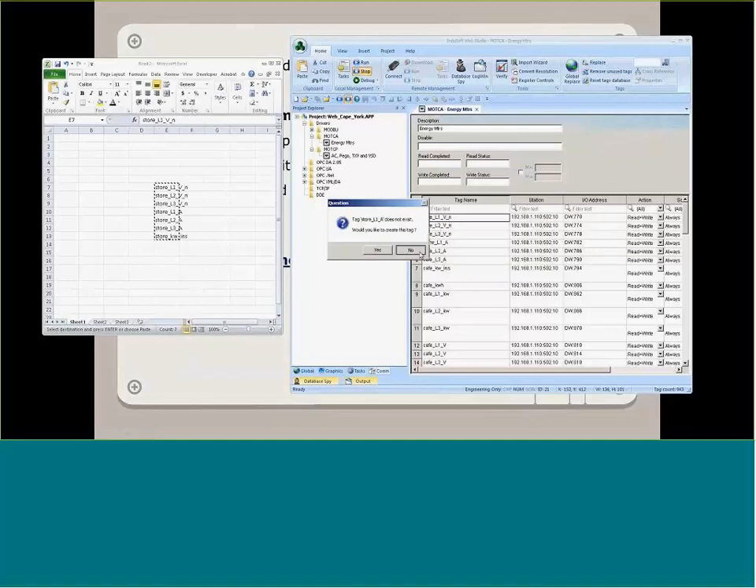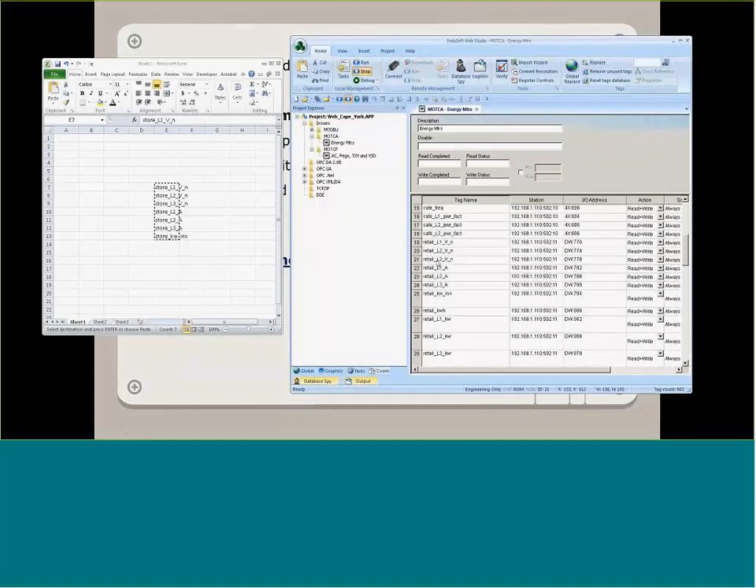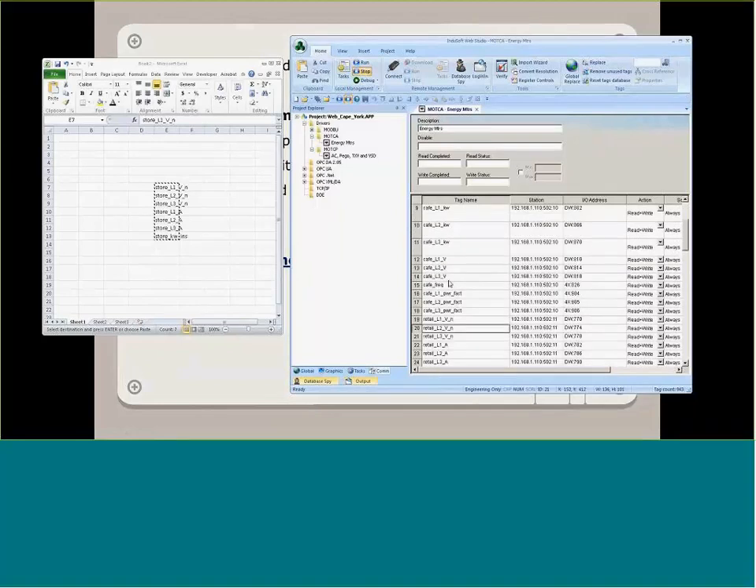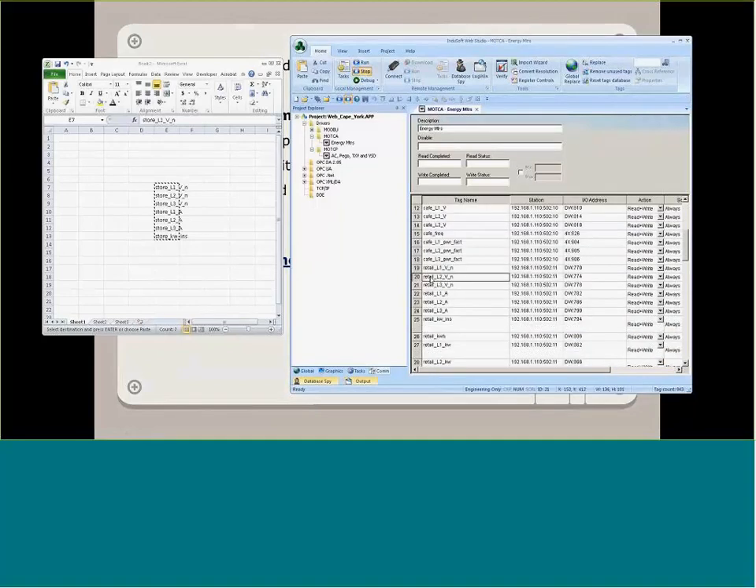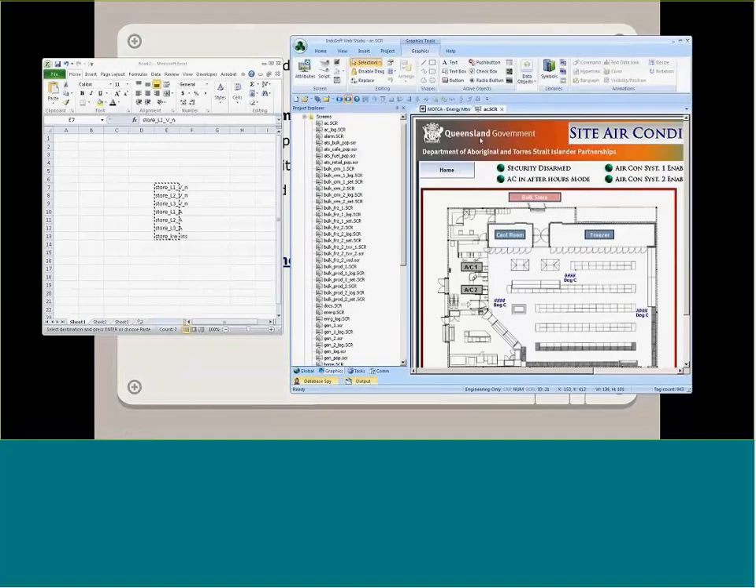So say no to a few of those, and then you'll see in our tag naming convention, the actual data is the same, but the prefix is different. So we think that works really well. On the graphics themselves, so if we go to the AC page,